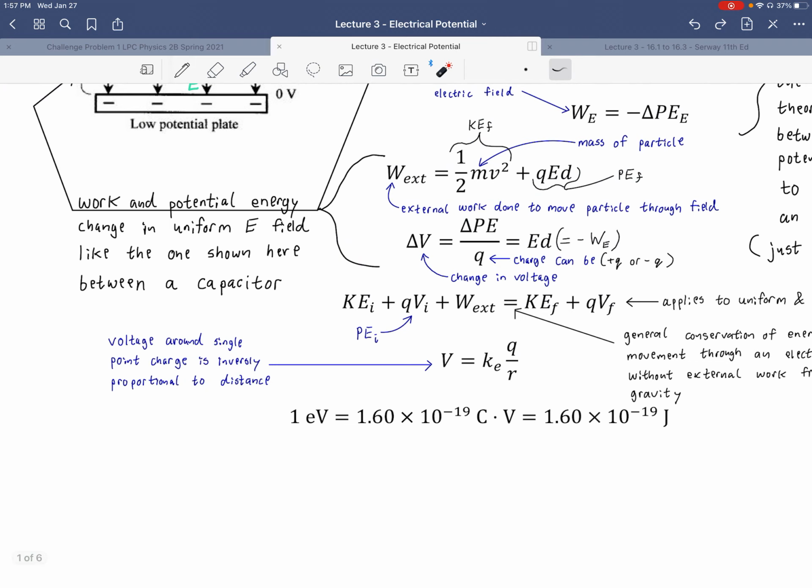All right. Now, this equation right here, what is this? This is new, okay? Because this is voltage, not change in voltage. And this is a very specific expression here. What is this? Well, this is specifically the voltage around a single point charge, and it is inversely proportional to distance. Okay? Now, that's a great place to start, because any distribution of charge is some sum of